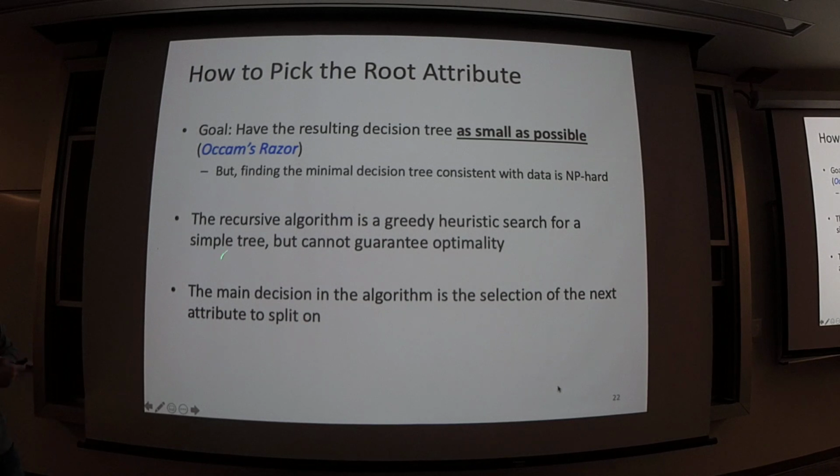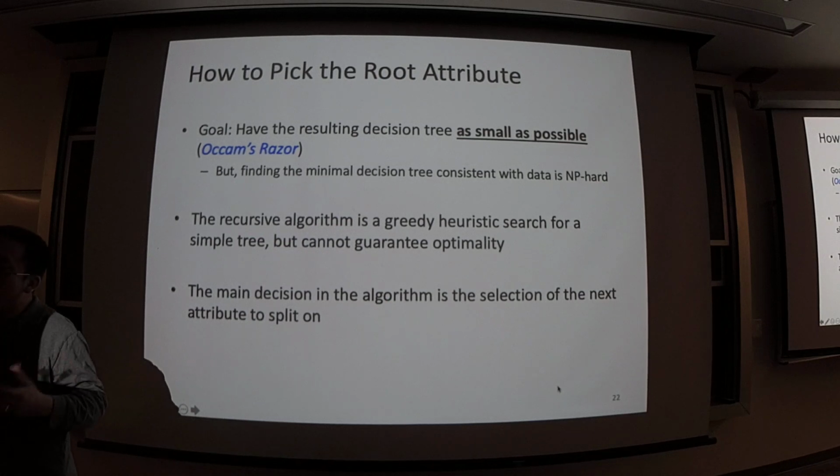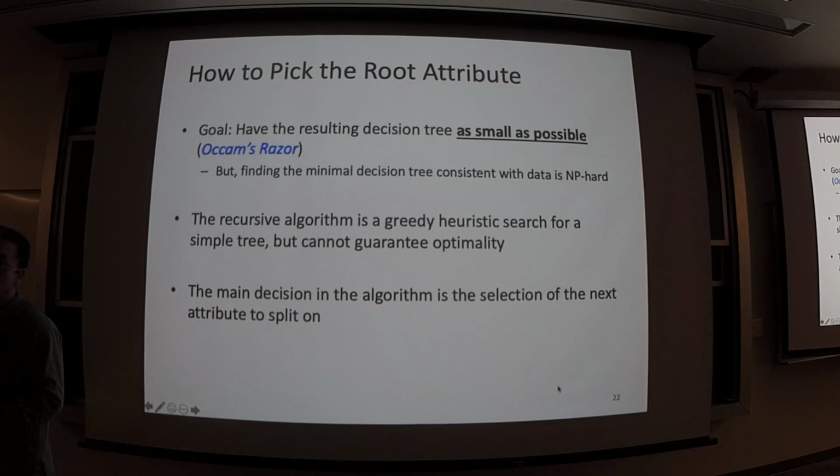But local optimality does not always lead to global optimality. The benefit is that even though it is not the globally optimal tree, it ends up with a small tree close to the global optimum. That's sufficient, because as long as it's small enough, the performance is really good. And we can get these small trees in a pretty quick, very efficient way. That's the idea behind the